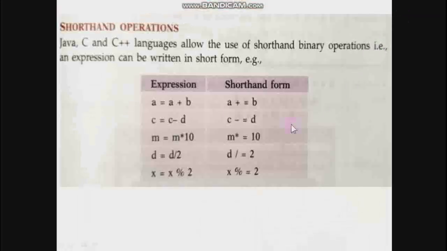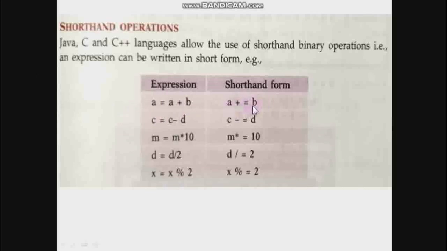Next one is the shorthand operator. This shorthand is written here. It's not an operator, but we can say that we use this shorthand with binary operators to perform binary calculations. So look at how we will use this shorthand operator. Just like I'm going to write an expression a equal to a plus b, we can also write this same expression like this: a plus equal to b.